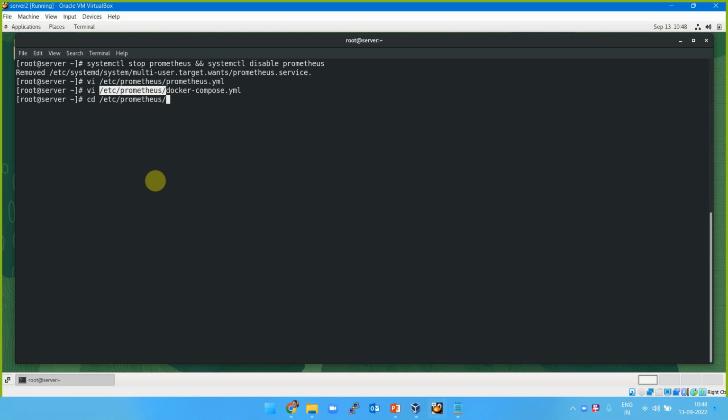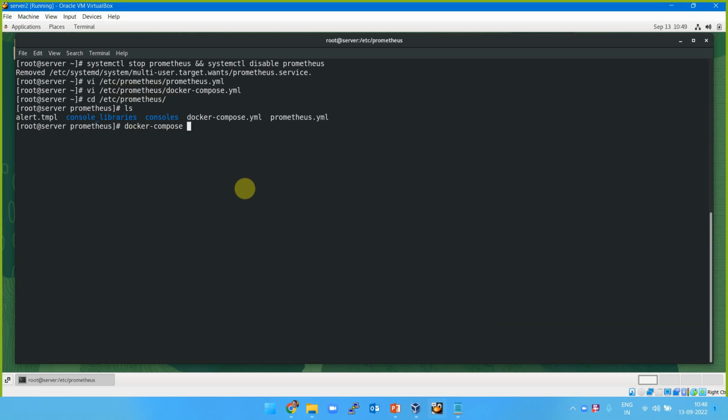So I'll go to this directory. You should be in the directory where your Docker Compose file is. So this is the Docker Compose. So I can now use docker-compose up in detached mode. It will automatically search for the file with the name docker-compose.yml, and it will bring up the entire stack